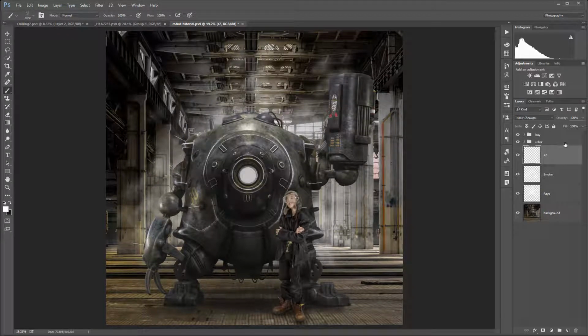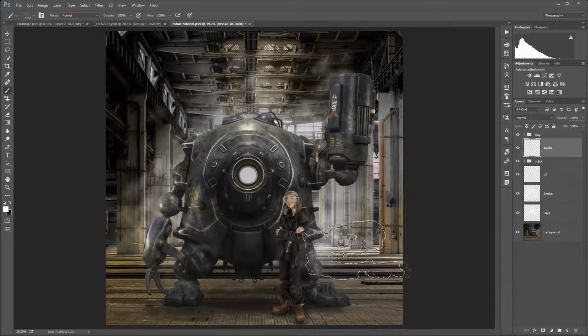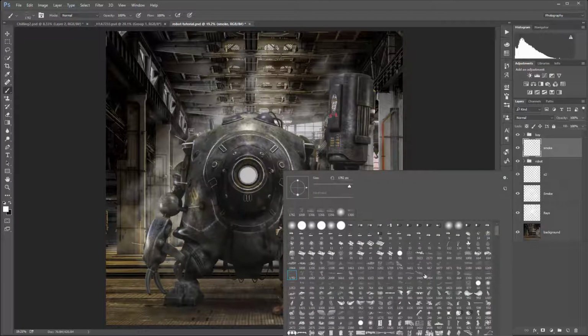So this is one layer, so we can create a second one. We'll create a smoke layer, and this one, if you notice, we can put it between the boy and in front of the robot. So you can repeat it in some cases. Similar effect right here, just add. But this way, this fog is positioned